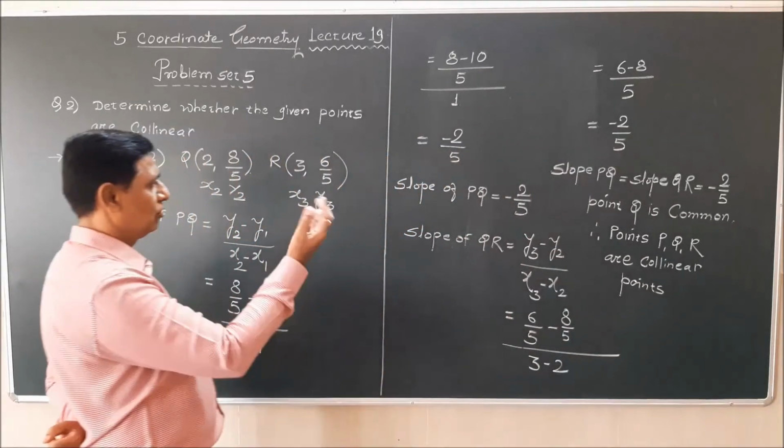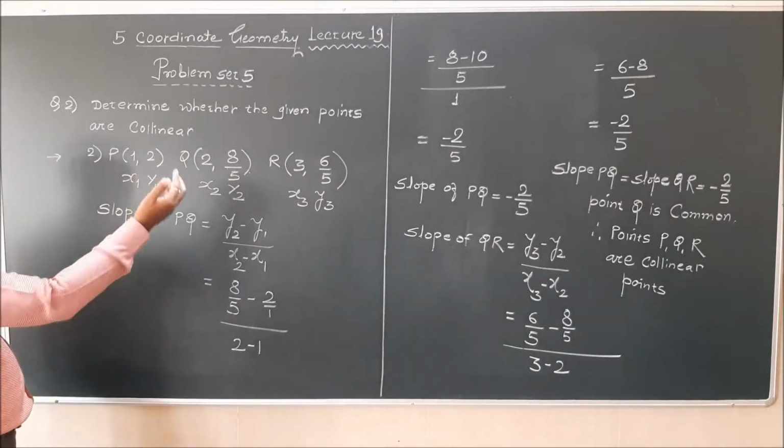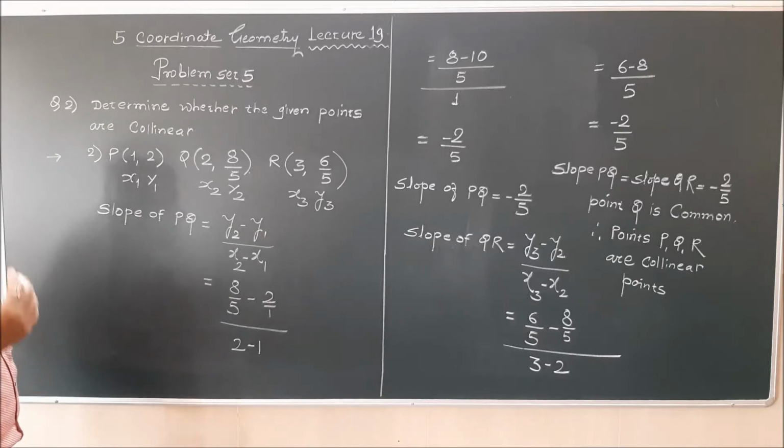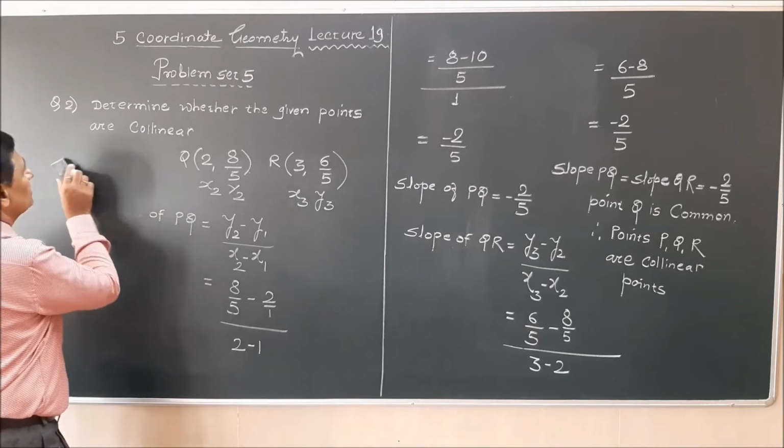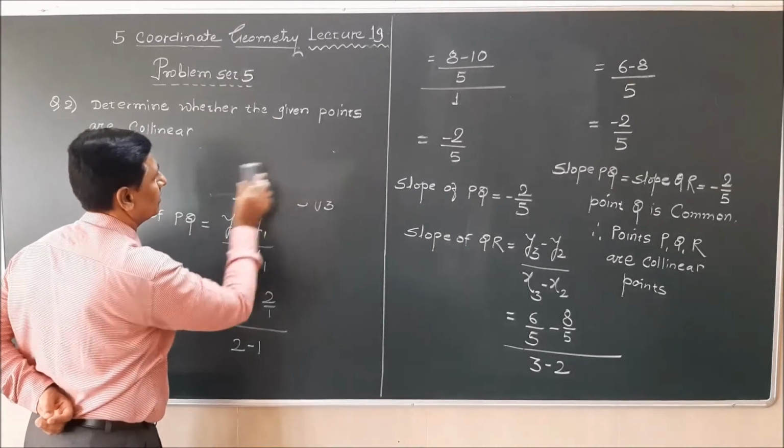Whenever you find the slope of these two lines the same and a point is common, straight away you can mention there that P, Q, R are collinear points. So here we finish the second sub-question